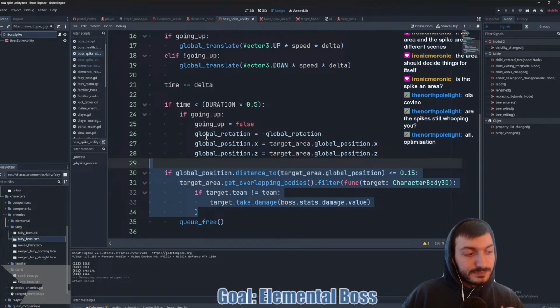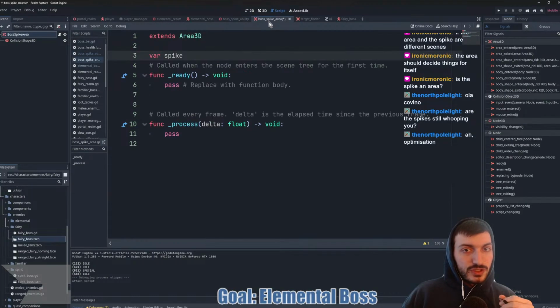That might work. Unless we just keep the boss area or spike area as an area, and then we can filter through there.